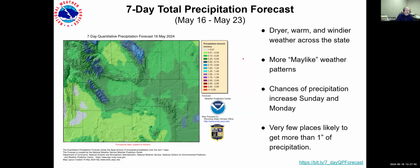Okay, looking at the 7-day precipitation forecast, it looks like we're gonna be moving into drier and warmer and windier weather for the next 3 or 4 days across the state. It's gonna be more May-like. Little less certain potential for afternoon rain, afternoon thunderstorms, but fairly dry for a few days with that wind,